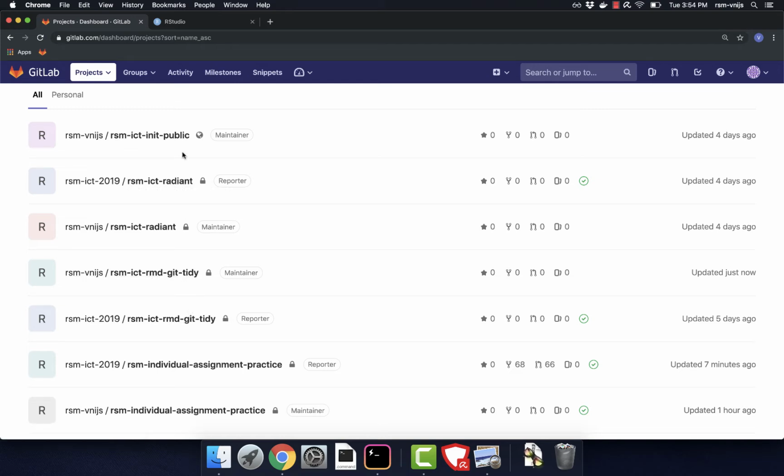I'm on my projects page here on GitLab. And you'll see two links, where RSM ICT 2019 is the class repo, the one created by the instructor. You only have reporter privileges on that repo, which means you can clone it and make changes, however, you cannot push those changes back up to GitLab. So the one we're going to use is RSM and then your username, the one that you have maintainer privileges for, because we can clone that, edit, make changes, commit, and push the changes back up to GitLab. All right, so let's click on that link